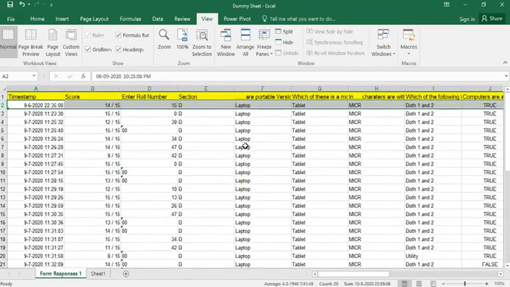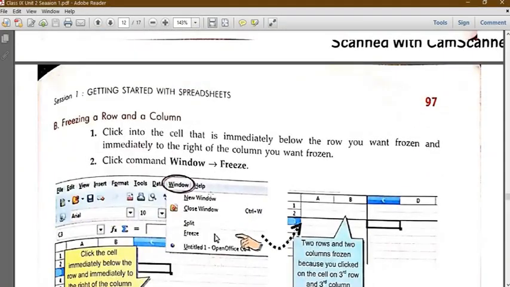So I hope the idea is very clear to all what is the use of freezing and unfreezing. Basically unfreezing is removing the freezing panes. It is very clear that if you freeze the row or column, it will not scroll down, it will remain fixed to its own place so that it remains visible if we scroll the sheet top to bottom or left to right. Next topic is